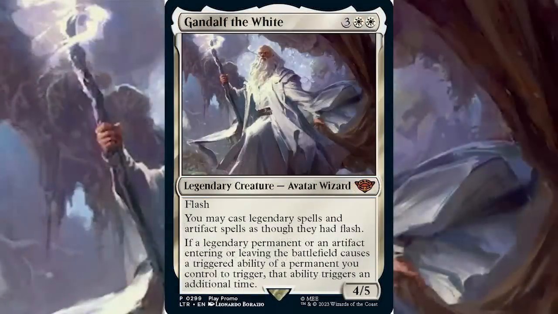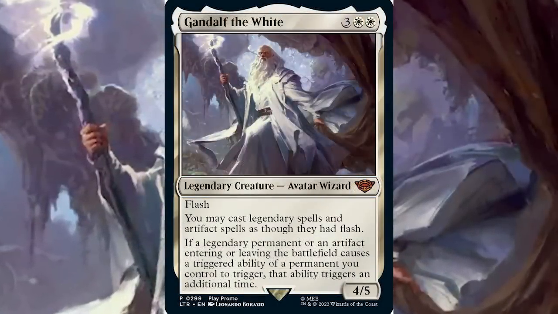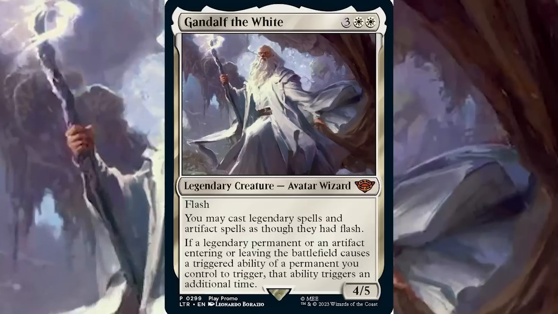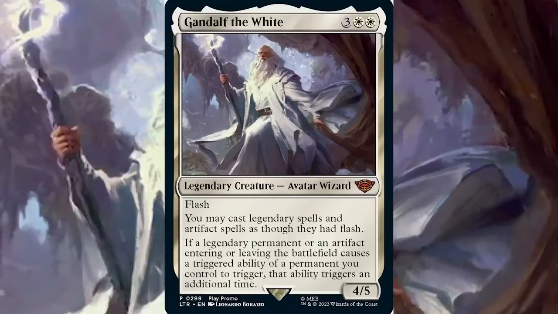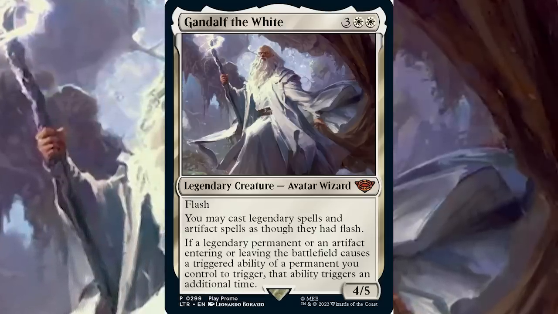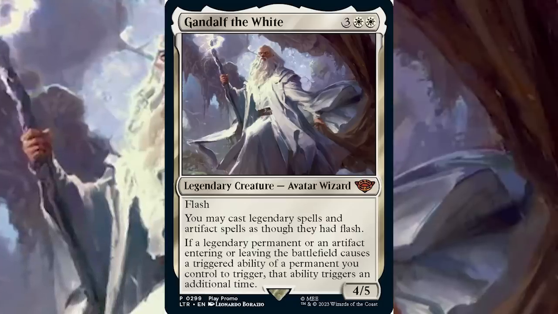Like, you got Gandalf the White, right? And this is another one of these promos. I like that you get the different variations. So this one is your 2 white and 3 for a 4/5 flash. This one gives legendary and artifact spells you have flash. So it's pretty cool how the blue one does it for sorceries and the white one does it for artifacts and legends. So he feels like he's the same guy, but he's been changed by his journey when he returns